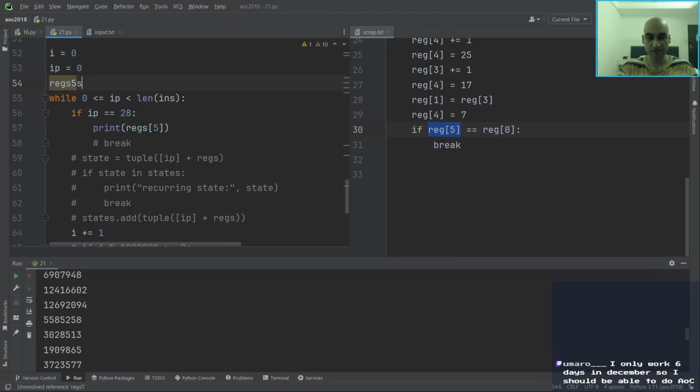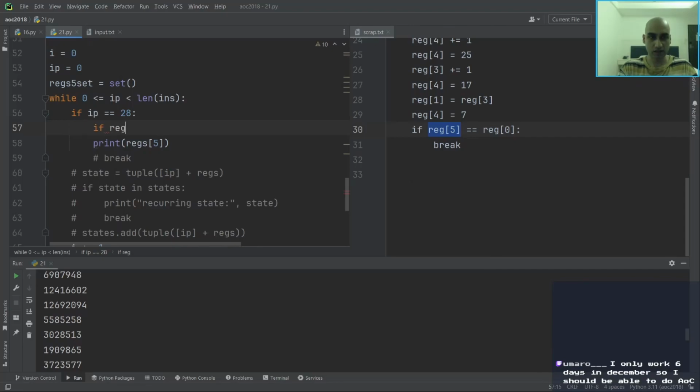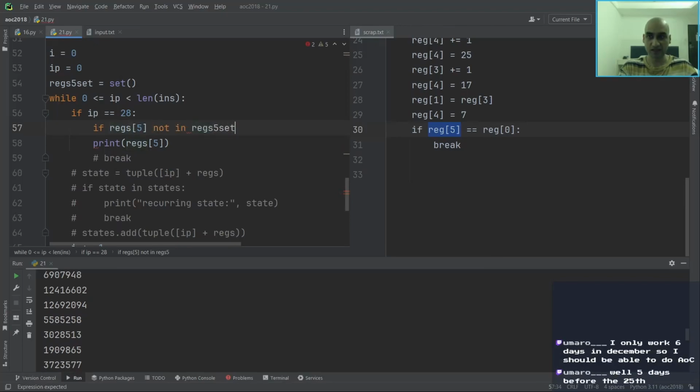regs 5 set equals empty set. If regs 5 not in regs 5 set. I only work 6 days in December, so I should be able to do AOC 5 days